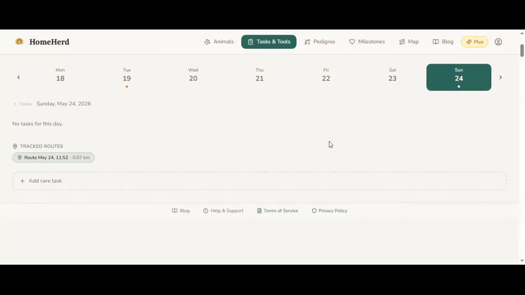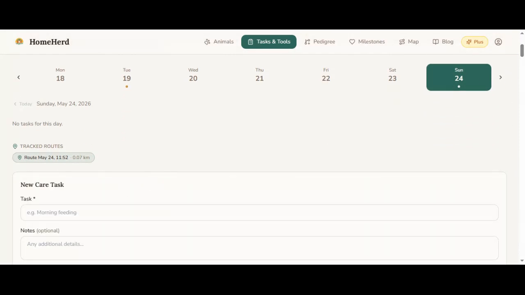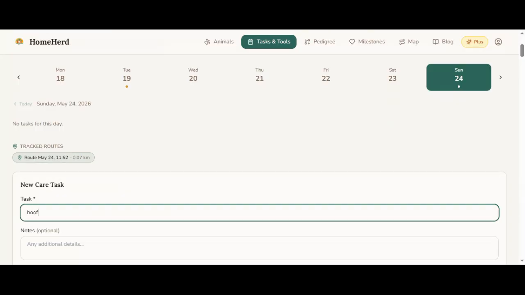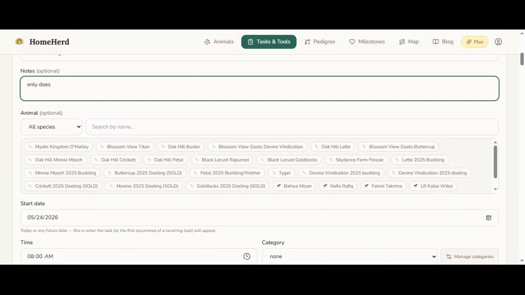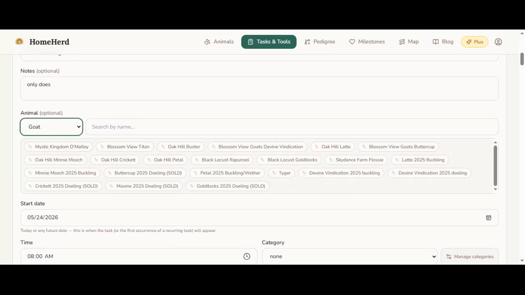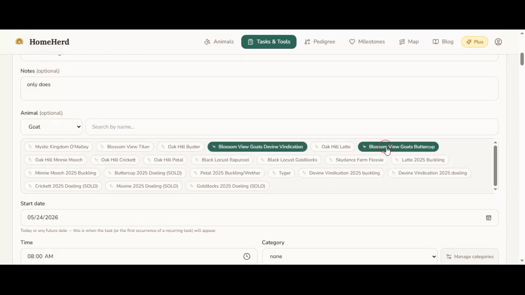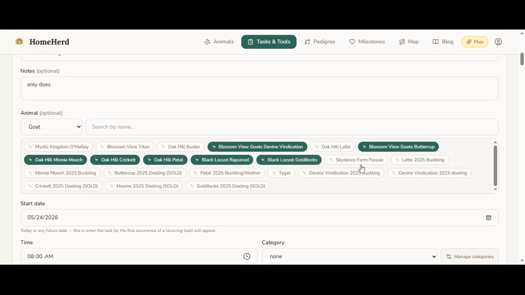So let's go ahead and create a new care task, and we're going to call it hoof trimming. And I'm going to put some notes on here. I'm going to say only does, because the bucks don't need it right now. And then I'm going to scroll down. And this is optional here, but you can assign a species. So I'm going to go goat, and then I'm going to put my girl goats on there. So there's Dot, Buttercup, Mooch, Cricket, Petal, Rapunzel, Goldilocks, Flossie,